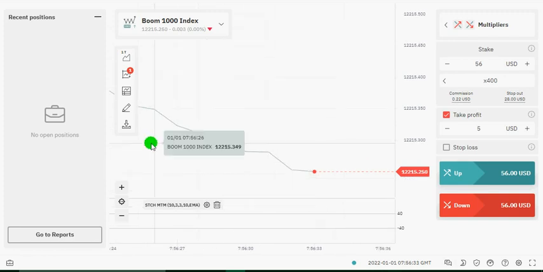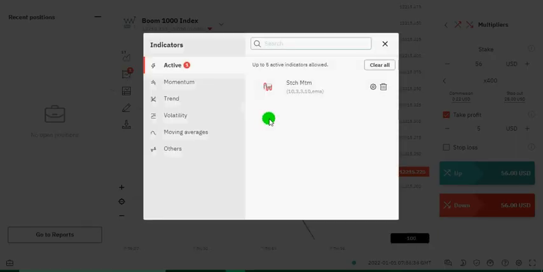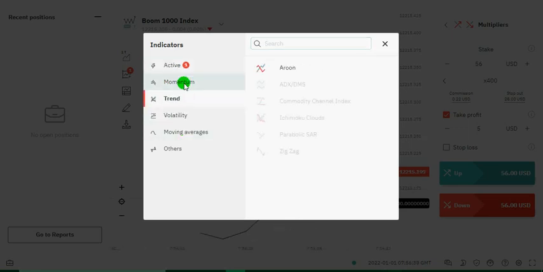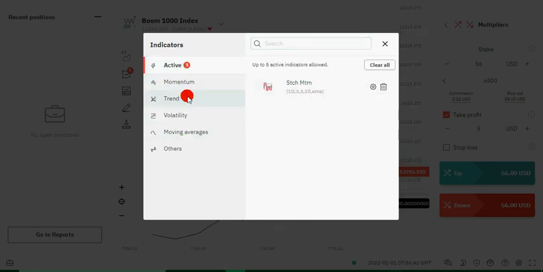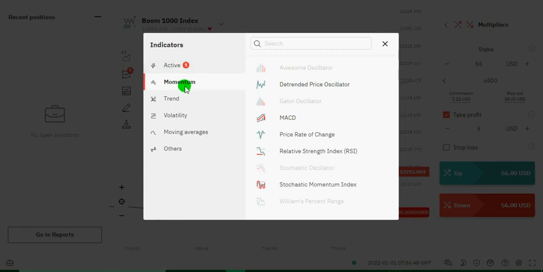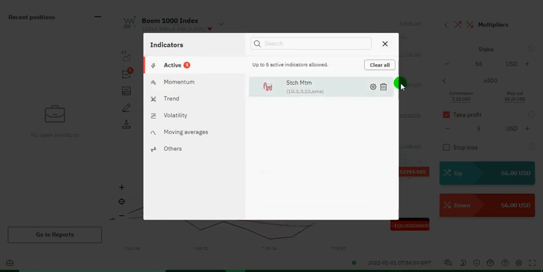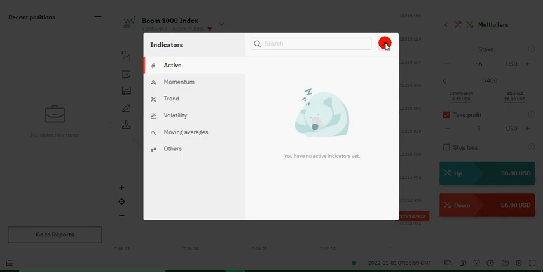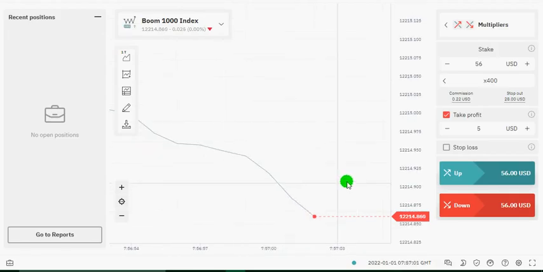We are using this to also touch whatever the indicator right here is under. Let me see where it is right here. Okay, it's under the momentum. That's the stochastic momentum index. So I have to close it. Let me close it and reopen it for you guys to be able to see it. So okay, let's start from the beginning.